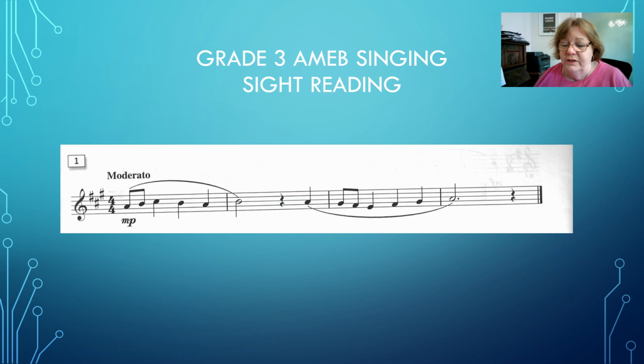Ta, ti, ti, ta, ta, ta, 3, rest. Let's clap that. So you can see also there's 2 slurs, so you have to sing it in 2 phrases. So let's do the first rhythm. 1, 2, clapping now. Ti, ti, ta, ta, ta, 2, rest. Ta, ti, ti, ta, ta, ta,